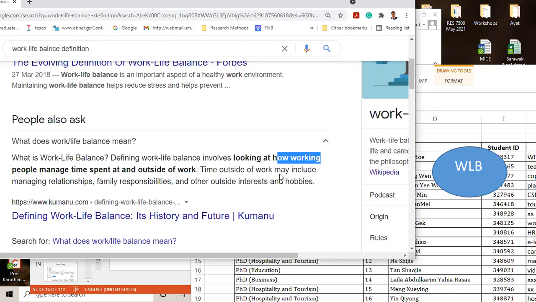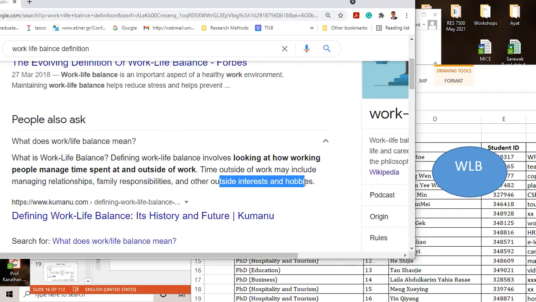Time outside of work may include managing relationships. So later, when you form a questionnaire, some aspects of the questionnaire will measure how you manage relationships, family responsibilities, and other outside interests and hobbies.